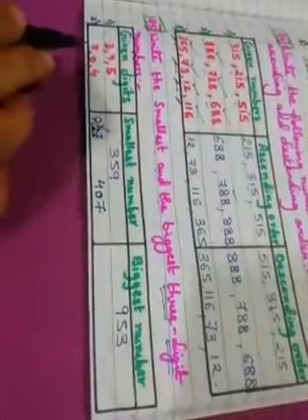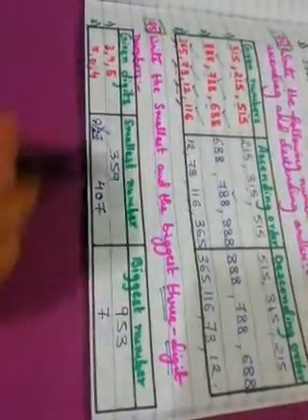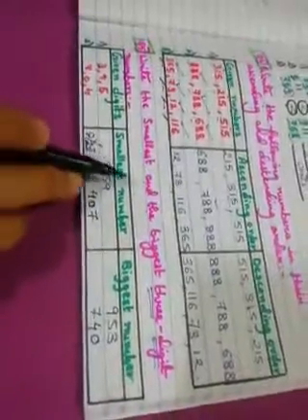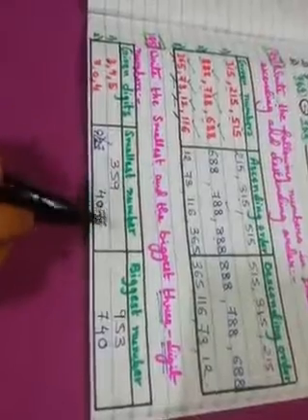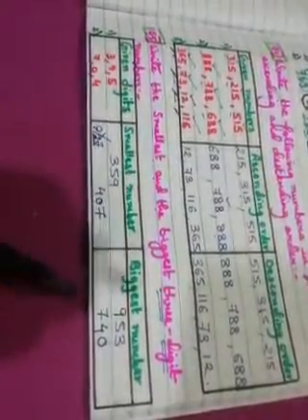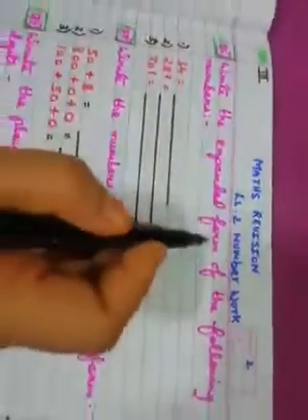So the number is 407. Biggest. Now biggest, as you are doing the same way. 7 is biggest. Then 4 and then 0. So the number is 740. Smallest number ascending order, biggest number descending order. And when you are making the numbers, here you will not put commas. Okay, next question, children. Question 6. Write the expanded form of the following numbers.